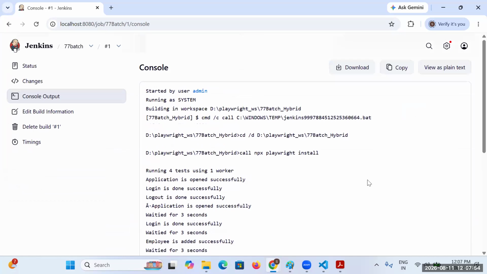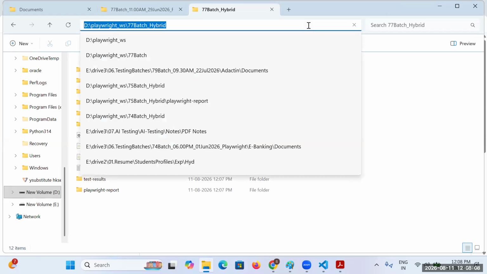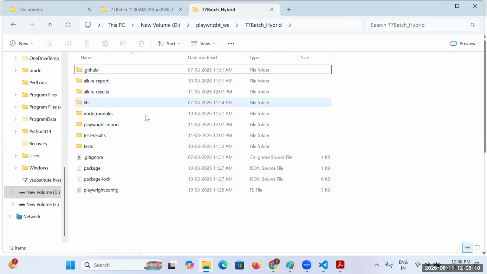Now you have the Jenkins results. At the same time, you got HTML reports also.